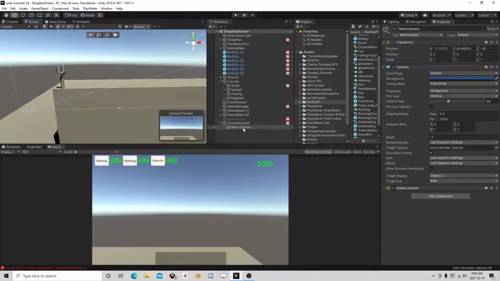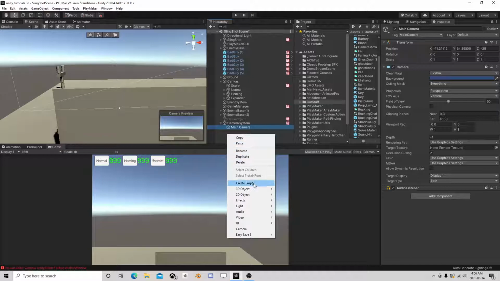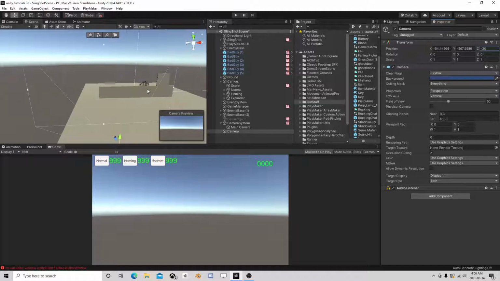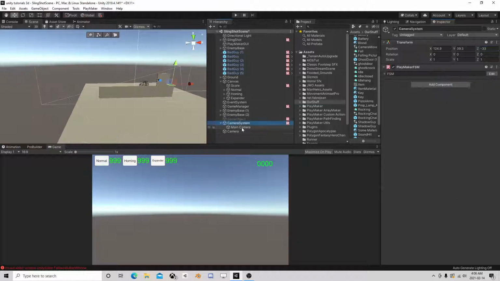Because we could move this guy, but I almost think it might be better to have another camera. We'll set this guy at also -30. We want him to match. We can adjust his